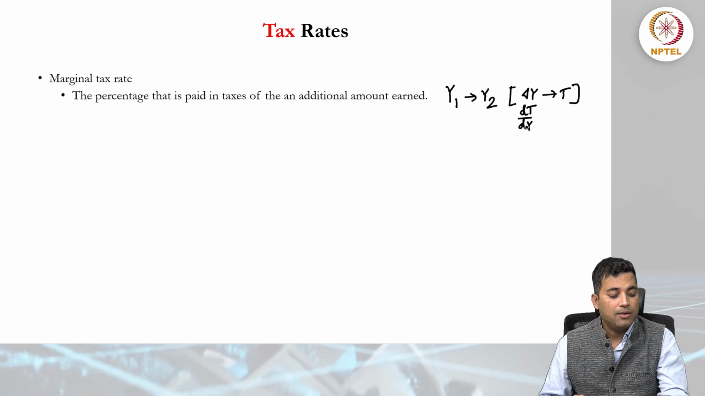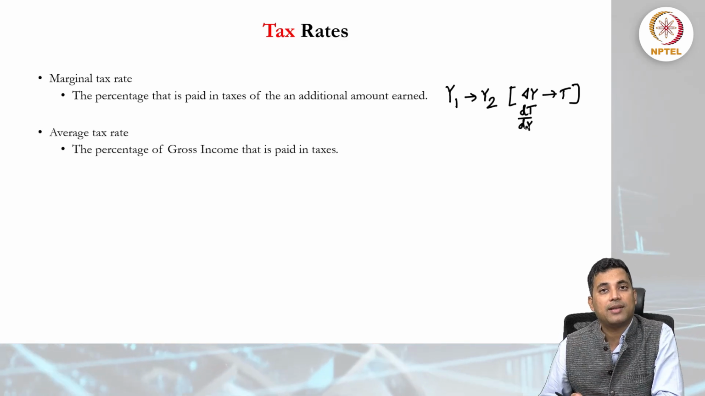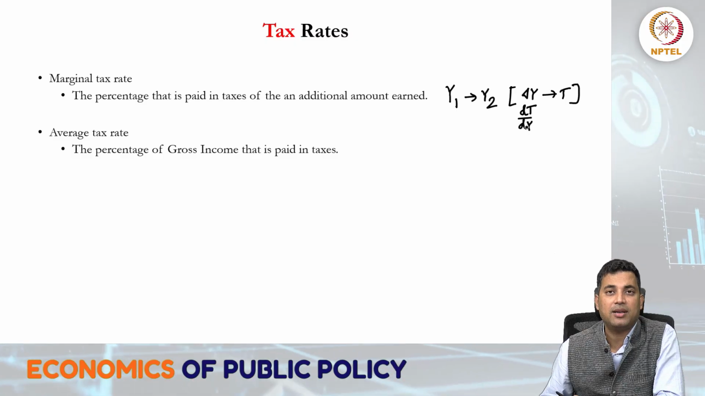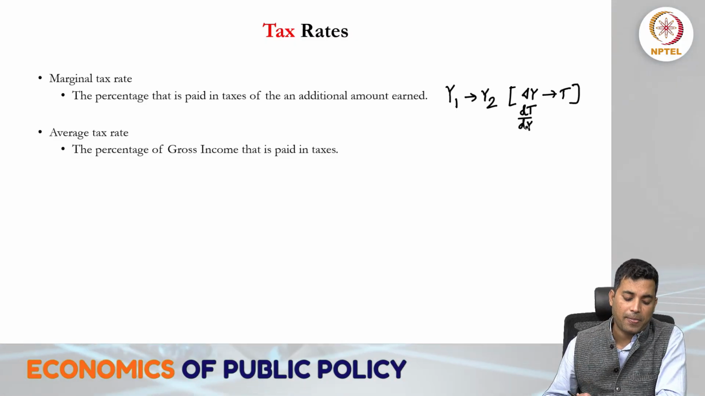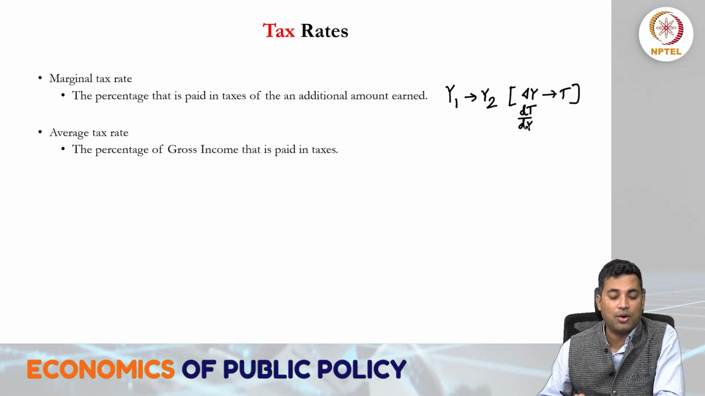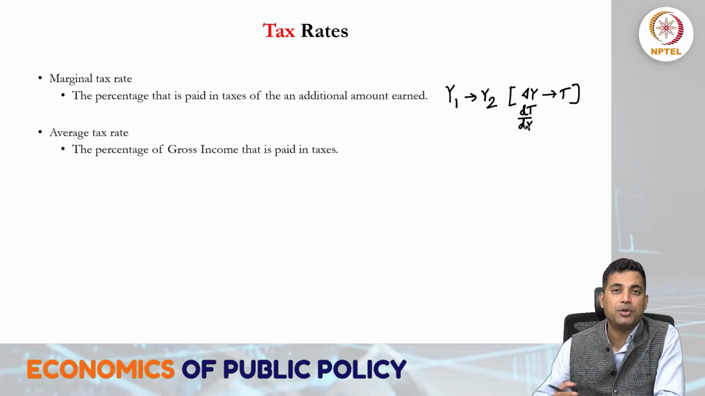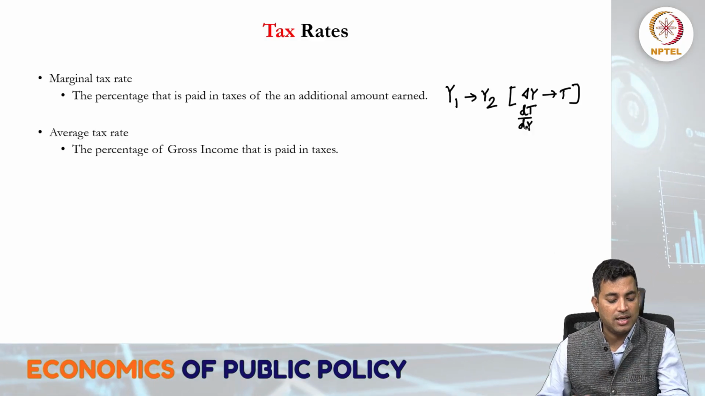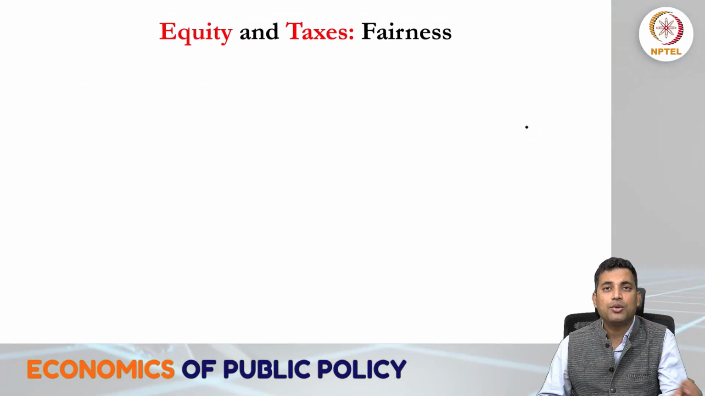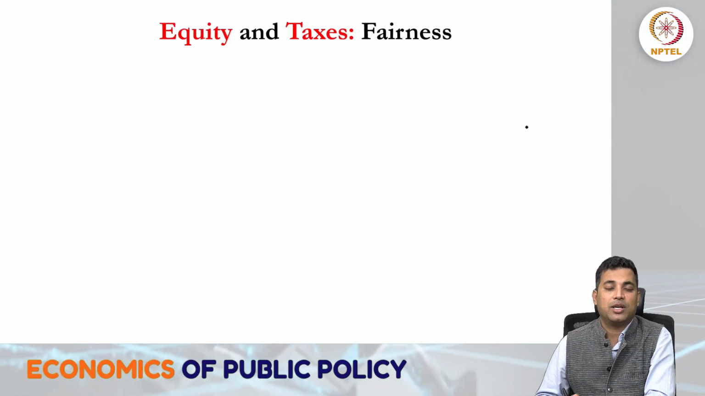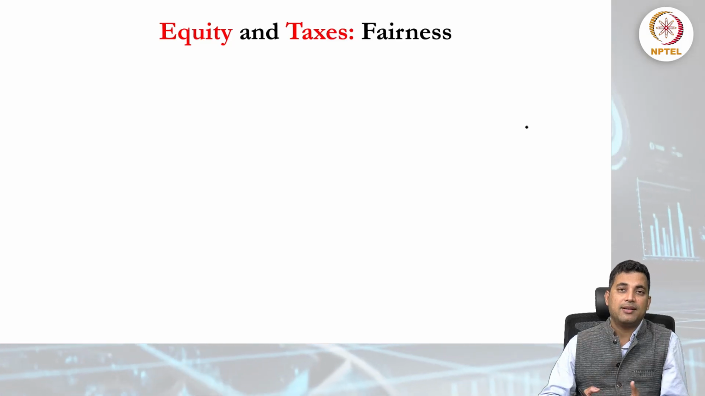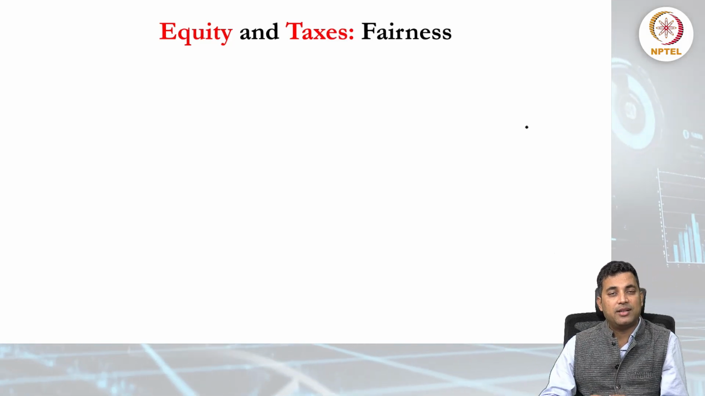So now let's talk about what is average tax rate. It is the percentage of the gross income that is paid in taxes. So when we are talking about the percentage of the gross income, it is basically proportionate, and then what is the average. So this is the average tax rate that we consider. In taxation, one of the components that is very important when we design the taxation or formulate the taxes